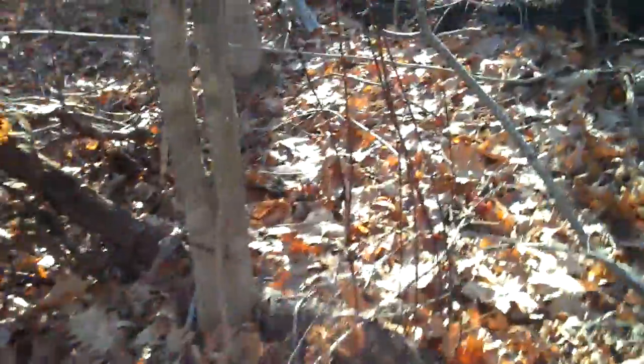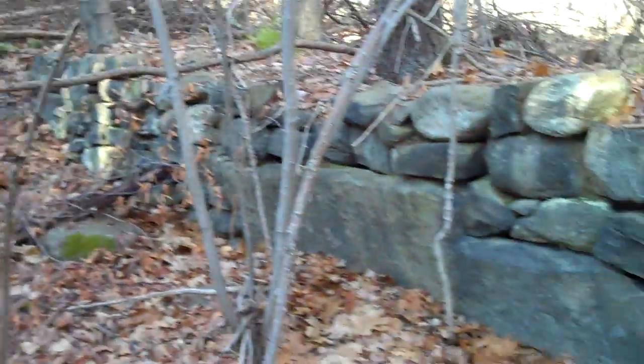On the other side of the street is another foundation of a home. And here we are. As you can see, after 170 years of total abandonment, there's not a lot that's remaining, although this wall is pretty much holding its own. As you can see, this was not a very huge house. I'd say it's about 15 feet wide and maybe 35 feet long. May have been a 1.5 story. And as you can see, there was no central fireplace. Although I'm sure on one end there was one. I'm just not sure which. There isn't much to look at. However,